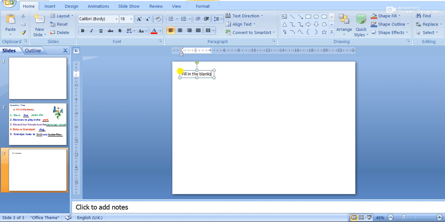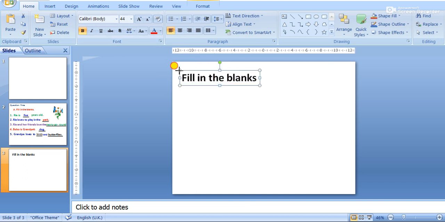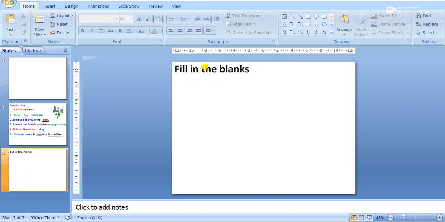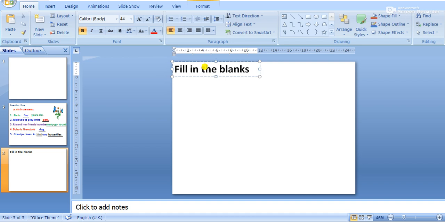You got it? But the font is very small. Font means the size of the letters is very small. So click on that, Control A, that means we selected all the letters, and go to home again. We have font, bold, and increase. A means increase the size. See, children love to see the letters in big figures, isn't it? Especially the lower classes, because it is visible and it stays in their mind.